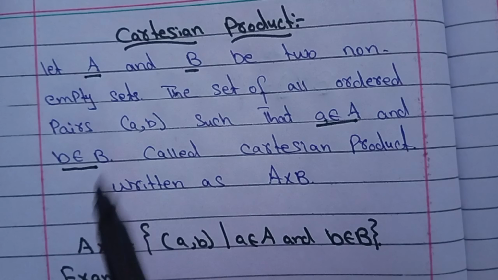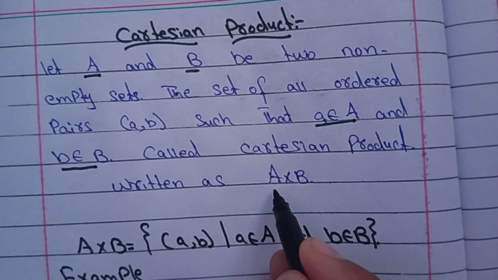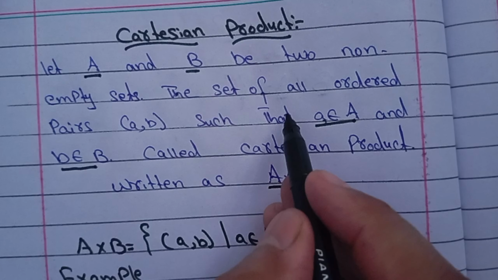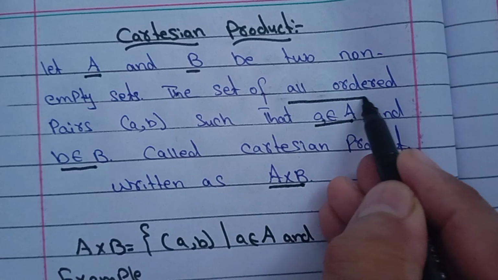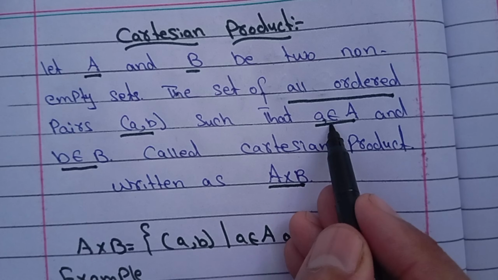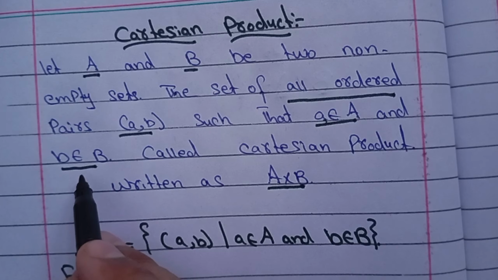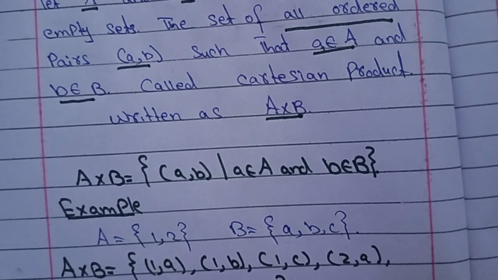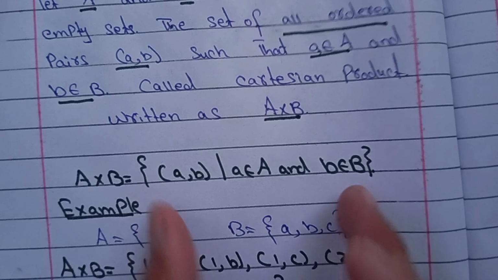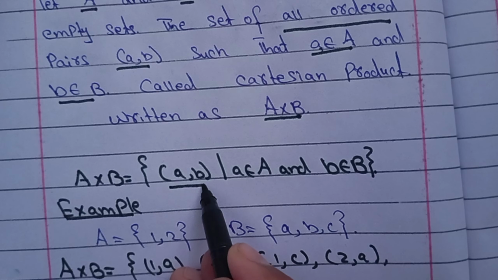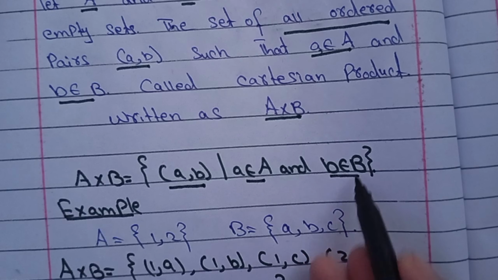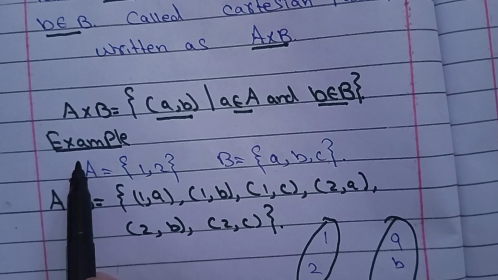ये डेफिनेशन हमें बताती है कि अगर हमारे पास कोई दो नॉन एम्प्टी सेट्स हों A और B, तो कार्टेशियन प्रोडक्ट ऑफ A क्रॉस B एक ऐसा सेट होगा जो कंटेन करेगा ऑल ऑर्डर्ड पेयर्स (A, B), जिसमें फर्स्ट एलिमेंट बिलोंग करेगा सेट A से और सेकंड एलिमेंट बिलोंग करेगा सेट B से। In other words we can say that Cartesian product of A cross B must be the set which contains all ordered pairs (A, B) such that A belongs to set A and B belongs to set B.